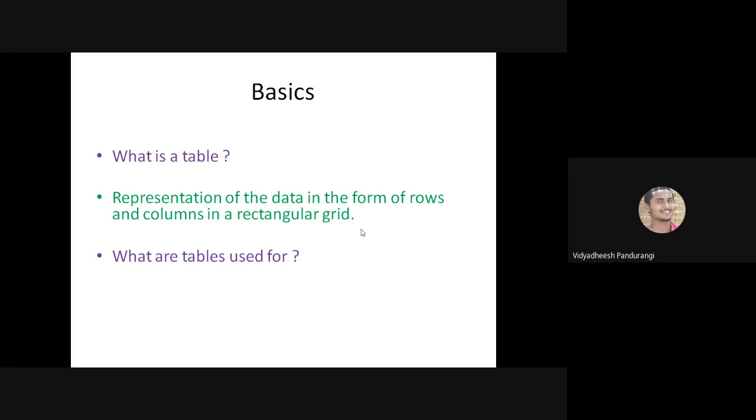No answer. Why do we use tables? We know that we are trying to represent the information in the form of rows and columns. Am I right? I hope that I am audible. Yes, sir. But why do we use tables?